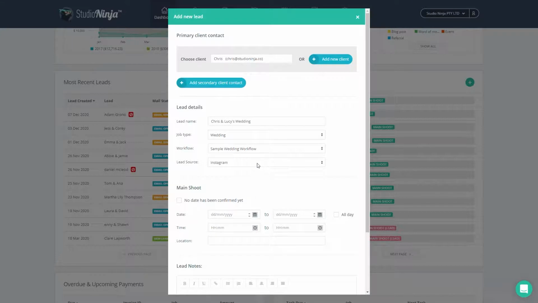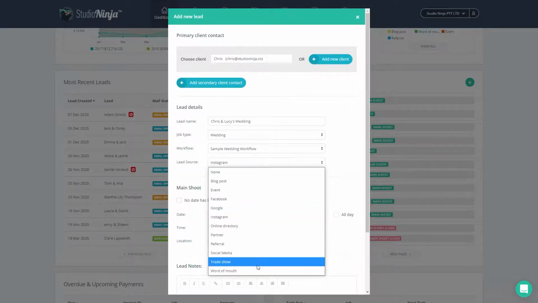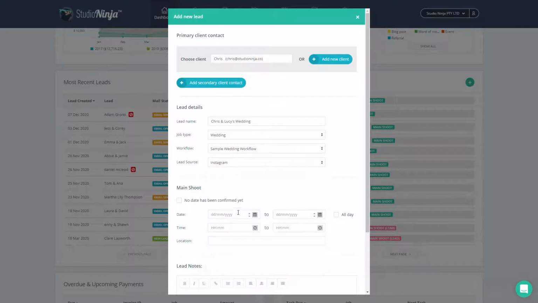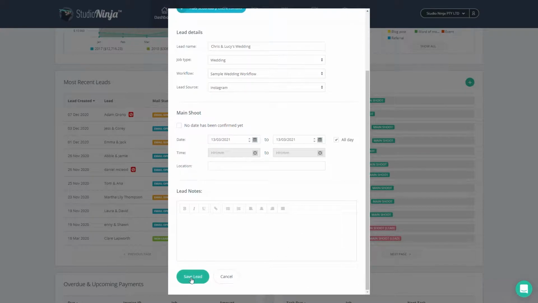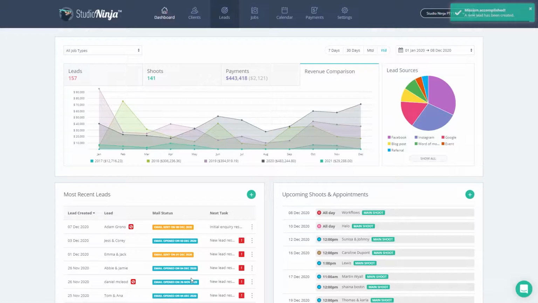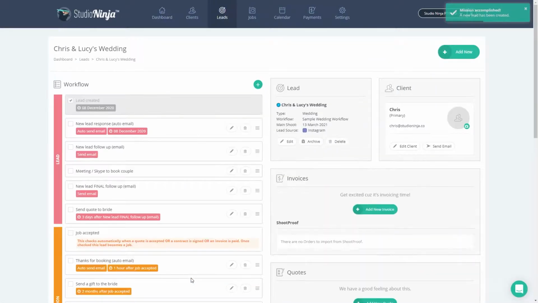Just remember, if you have archived a lead source, it won't appear here anymore. So if you'd like to keep this list neat and tidy, archive any leads that you no longer need access to. All right, let's fill in the rest of the details. Awesome, looks good, and click Save Lead. Okay, great. So now from the lead profile page, we can see that Chris and Lucy's wedding has come from